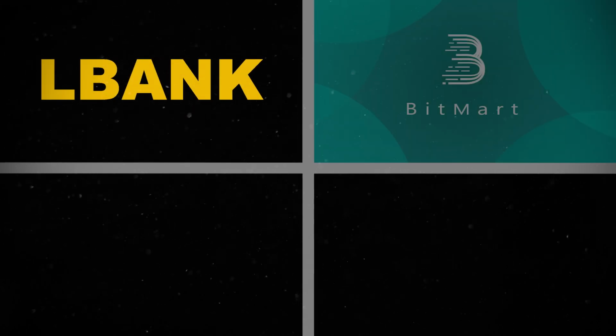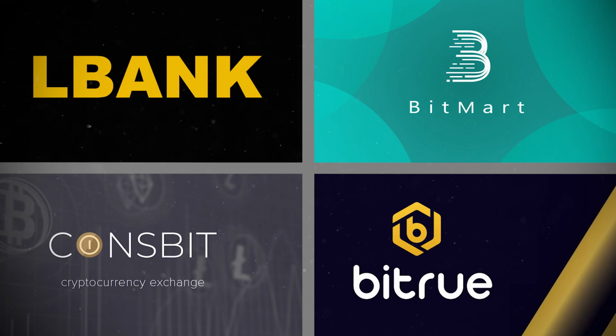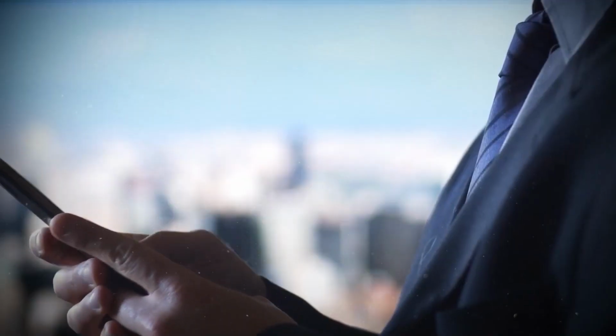EverGrow Coin is based on an innovative idea as an investment tool. It's a difficult token to get though. It isn't listed on any of the major exchanges, and on top of that, the bunch of exchanges that it is available on are inaccessible to US citizens, with the exception of PancakeSwap. LBank, Bitmart, Coinsbit, and BitTrue are the 4 major exchanges where it's offered, as per our research. To that end, there's a chance this coin might not pick up unless it makes its way to either Binance or Coinbase. Additionally, the requirement to open a new account with a new exchange can be a huge barrier for